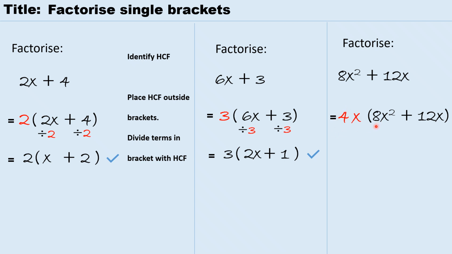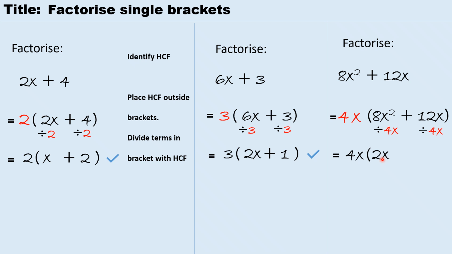Therefore, we divide every single term in the bracket by our highest common factor. So 8x squared divided by 4x and 12x divided by 4x. Now our answer is 4x open bracket 8x squared divided by 4x is